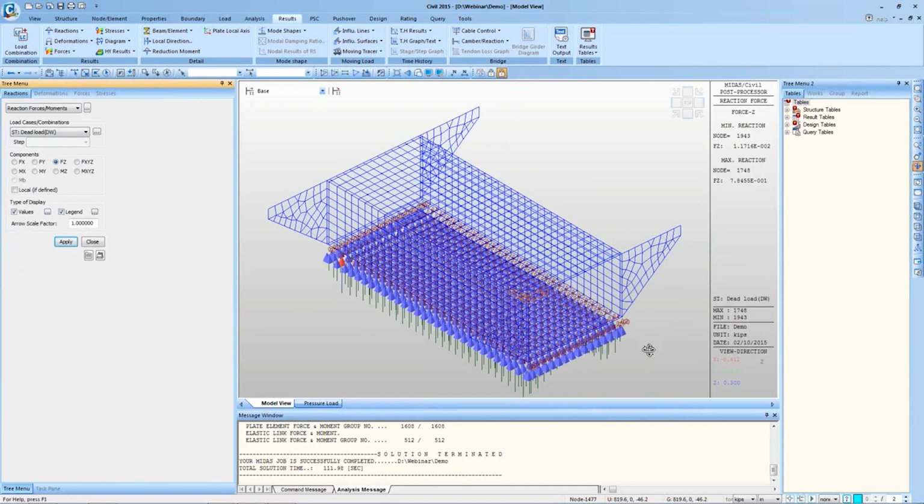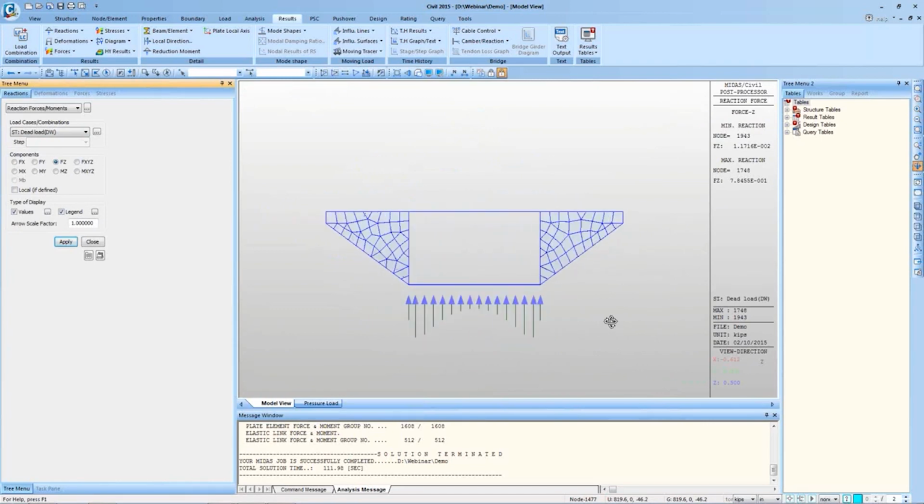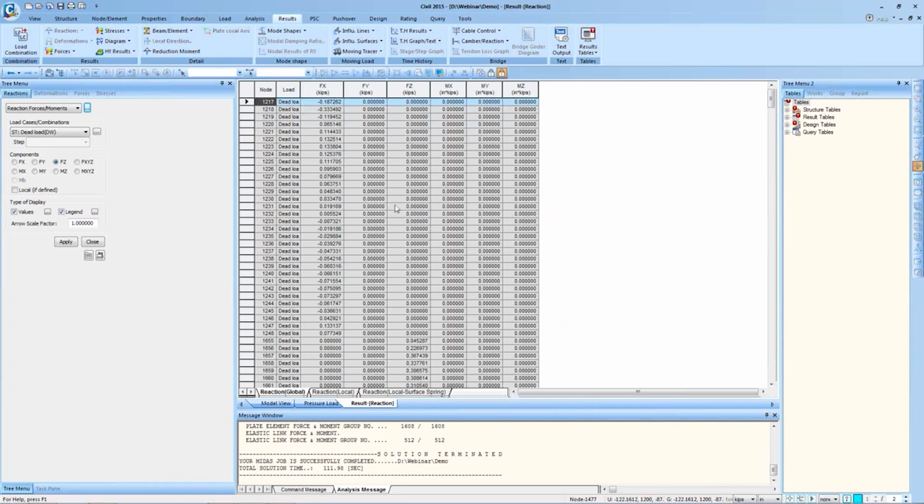The reactions displayed here are quite a lot because of the number of supports that have been defined. So for better viewing the results, I can click on this option which generates the tables, and these are the support nodes. I click select DW, or I can choose any other load combination as well and click OK.